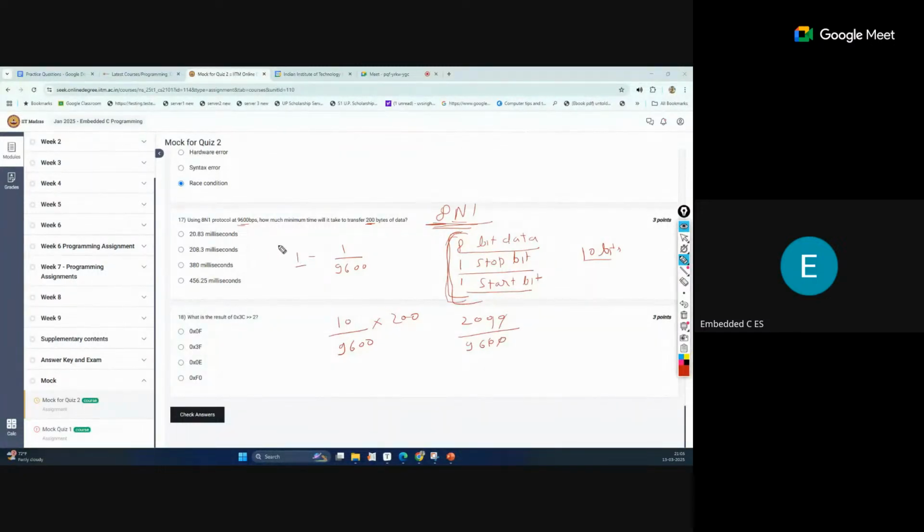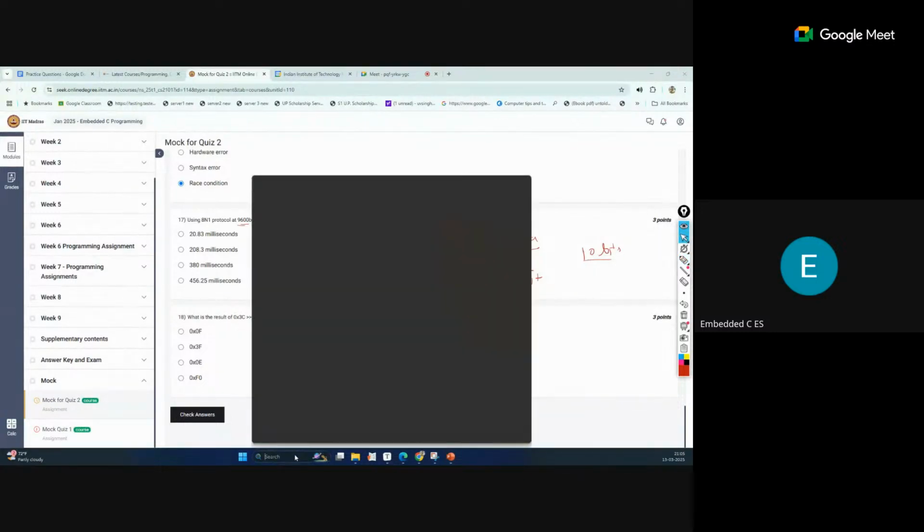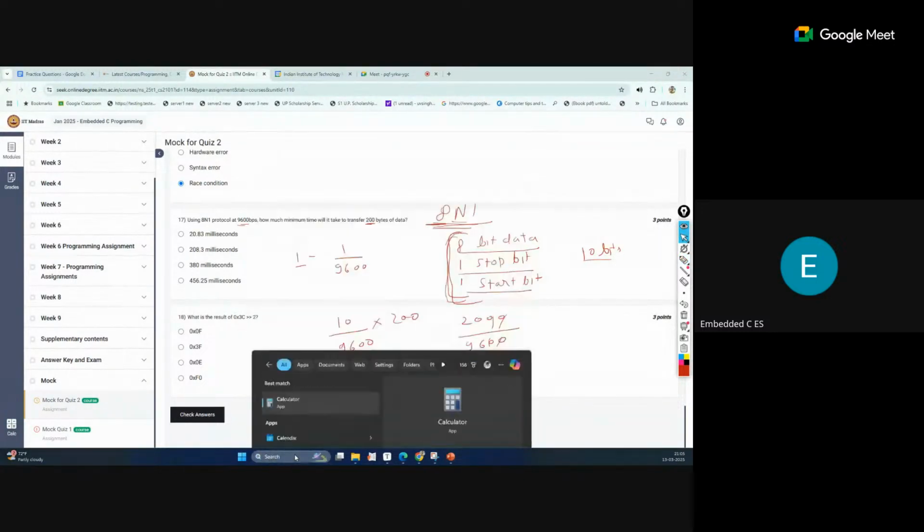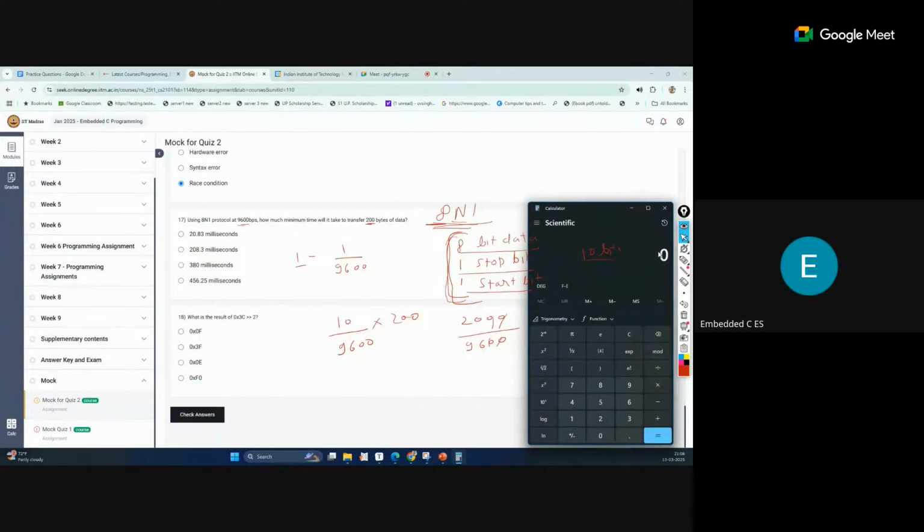Let me check what we are getting. Here we have 2000 divided by 9600, which comes to 0.20833.